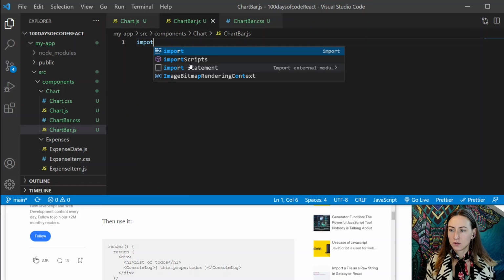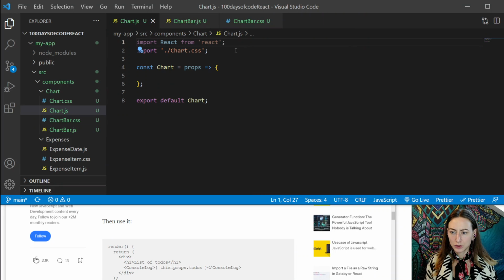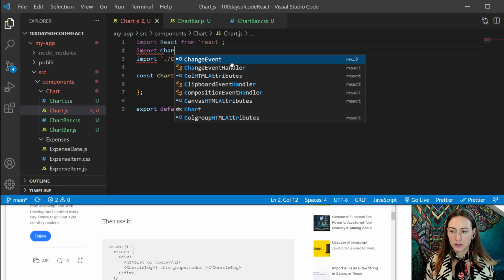So import chart, yes, chart. No, we're trying to import our CSS here, so we just go chart.css, and that's that. And then we want to also import our chart bar in here, because we'll be using that. So chart bar from,